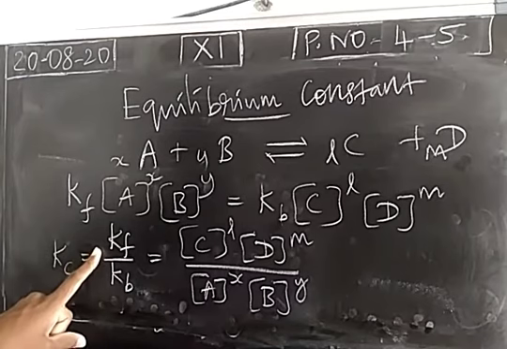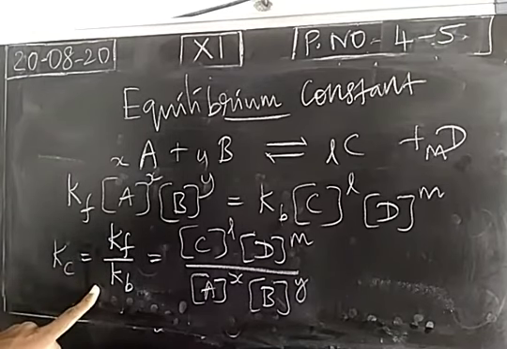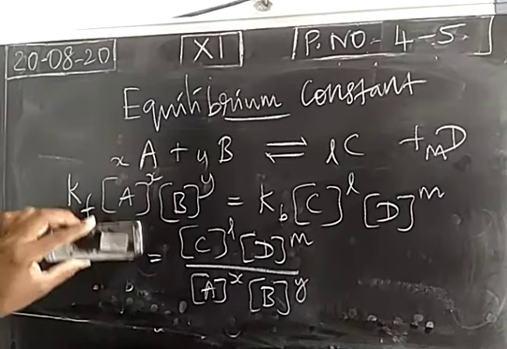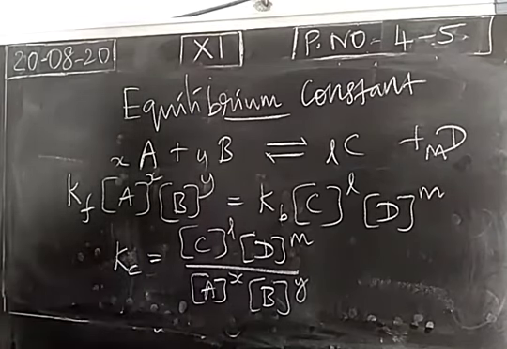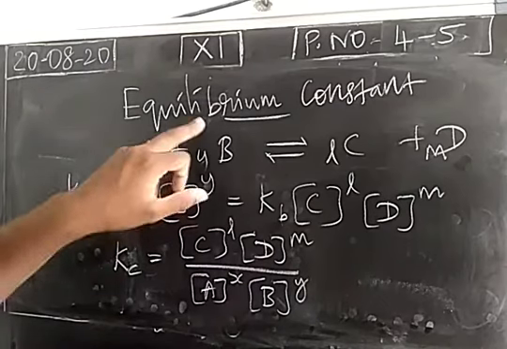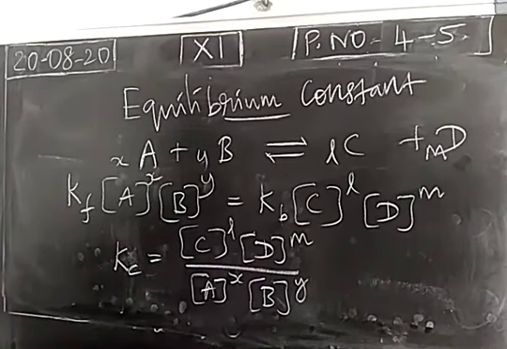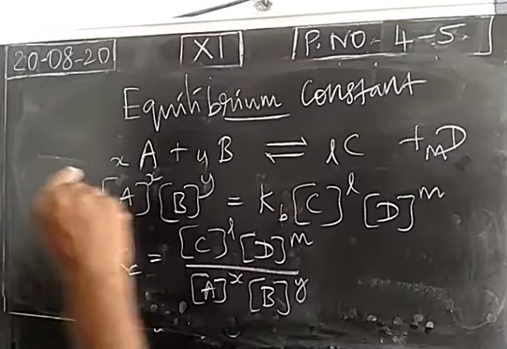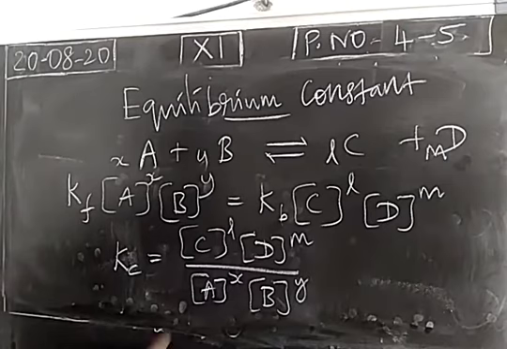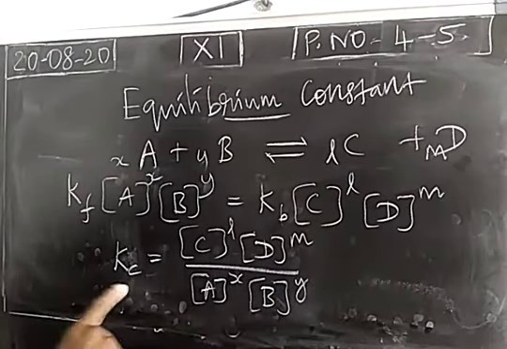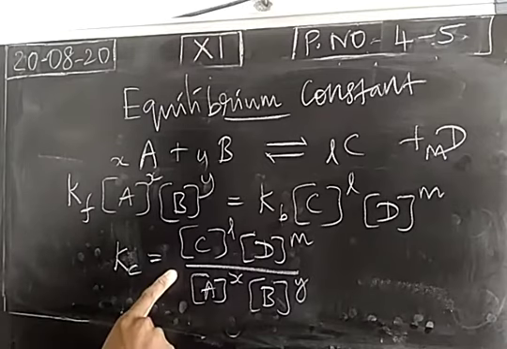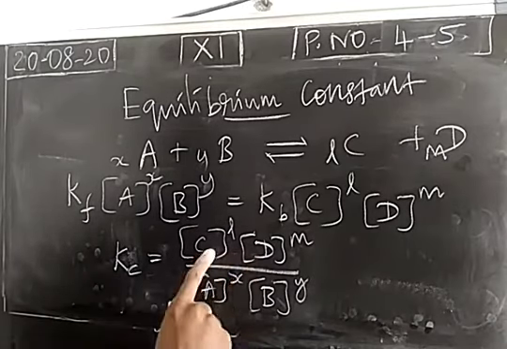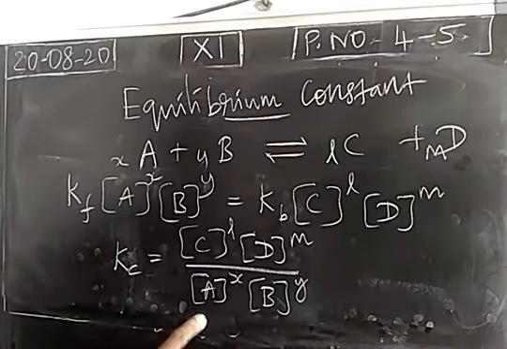The ratio of this can be simply denoted as Kc. So the equilibrium constant is denoted as Kc. When we consider a reversible reaction, if equilibrium is reached, we may write the equilibrium constant as the ratio of the product of molar concentration of the products to the product of molar concentration of the reactants. For this definition, it is a 3 marker. Okay. So what is the equilibrium constant?